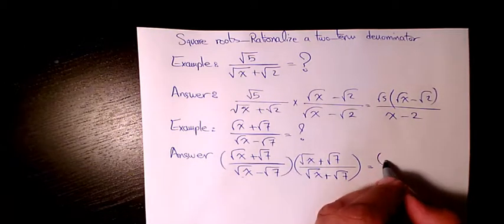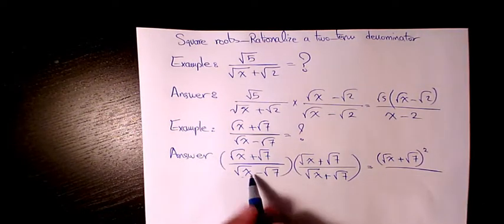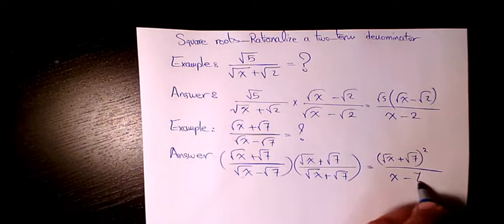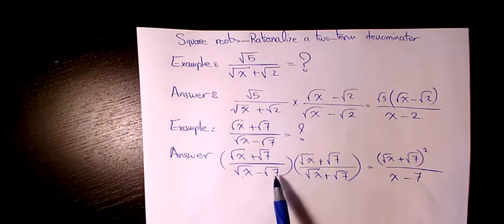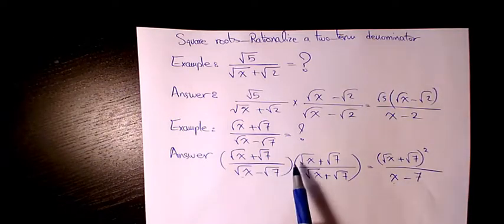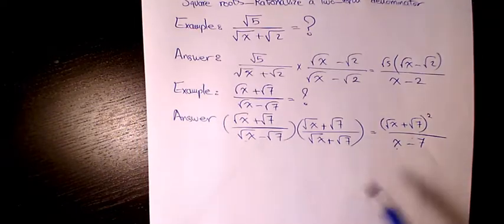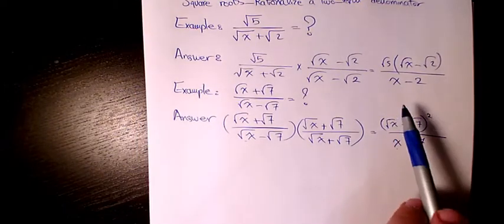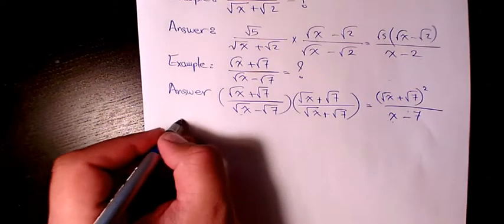So that makes it root x plus root 7 to the power of 2 divided by x minus 7, because root x to the power of 2 is going to be x, minus root 7 to the power of 2, which is going to be just normal 7. And if we want, we can expand this part as well, but I leave it like that. Next example